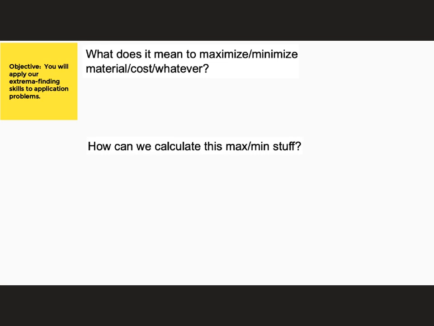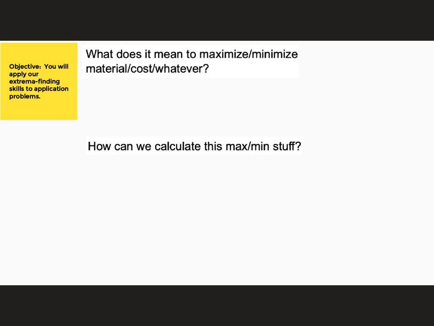Hello, my humans. Let's see what we are going to do here. Ooh, we're going to have some application problems. So we're not going to get too in-depth with these, but we're going to spend a little bit of time talking about what it means to make some use of some of this calculus. Later in the course, we'll have some more interesting questions because we can do a lot more once we actually know more calculus. But here it asks us, what does it mean to minimize, maximize material